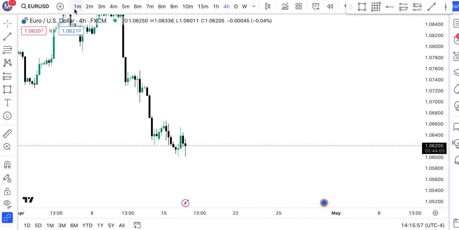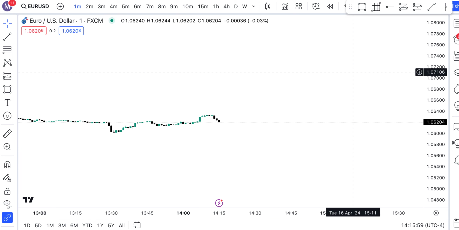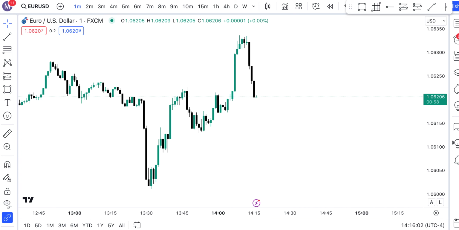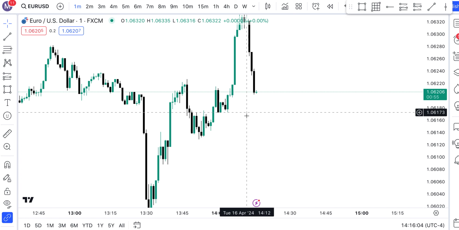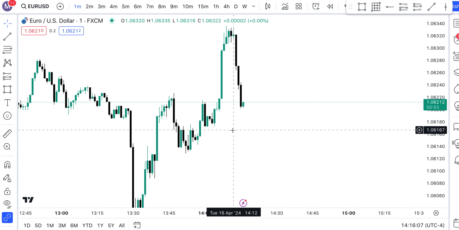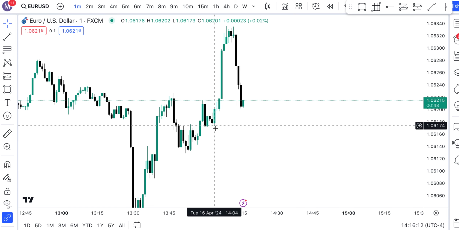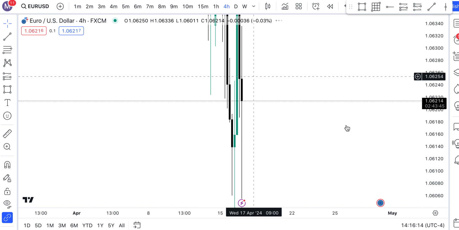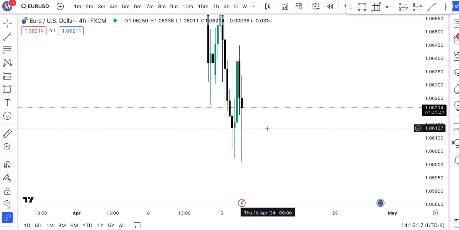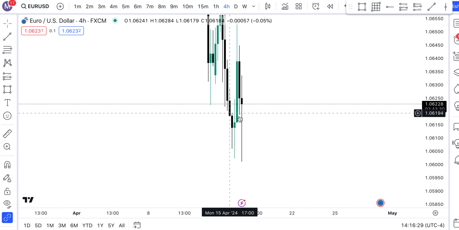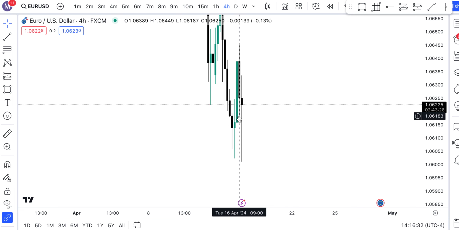Yeah, so don't get caught up in all these smaller time frames because, like I just said, if you're basing your stop loss off these lows here, there's only had 10 minutes of price action in between, so there's not going to be much liquidity down here for banks to target. Whereas if you're looking for liquidity on a 4 hour time frame, it's going to be much better because in this specific example, it's had 8 hours worth of price action